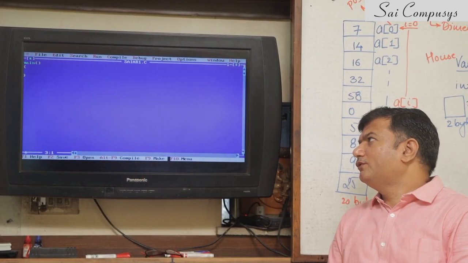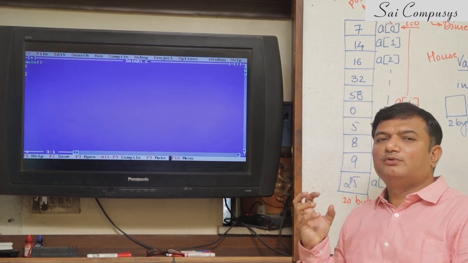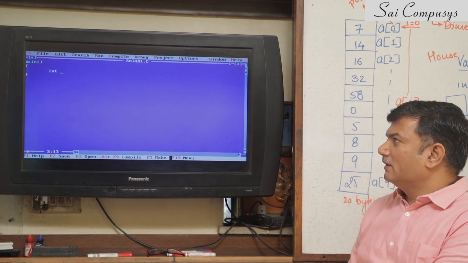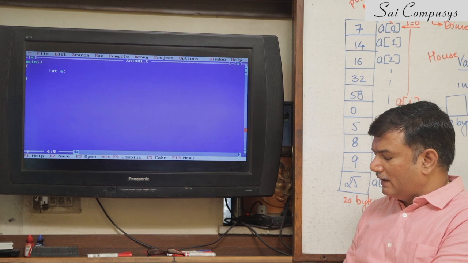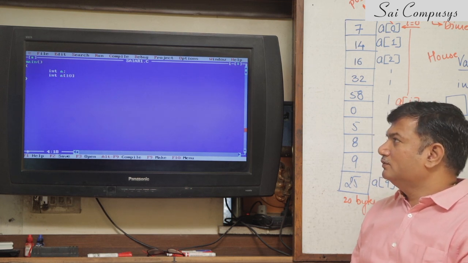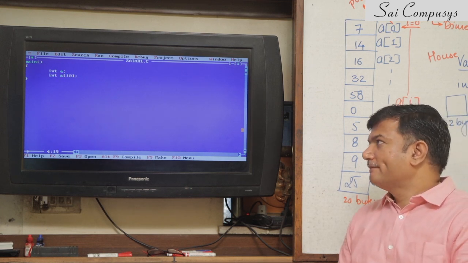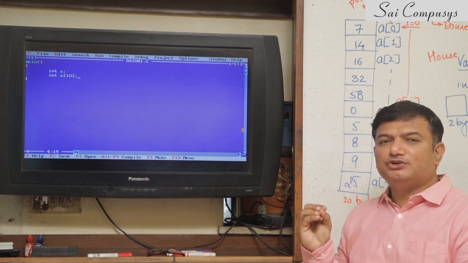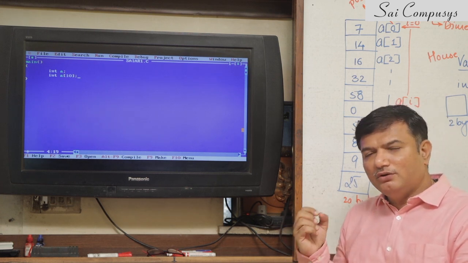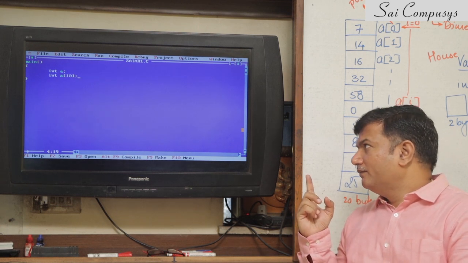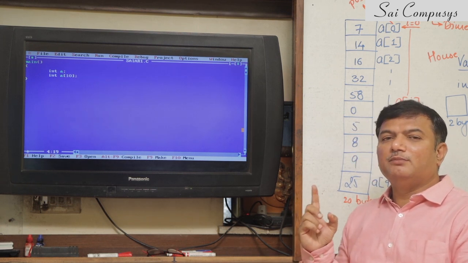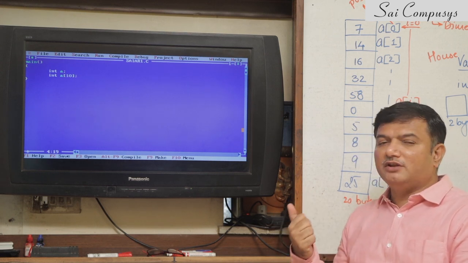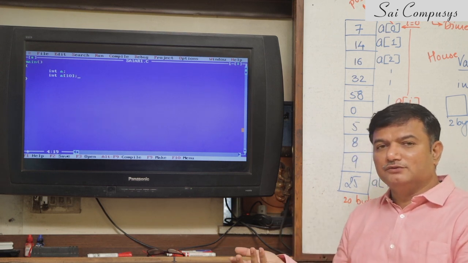So we'll start with a very basic program of arrays. See, I'll again say the same thing. This and this are almost identical. Both result in the creation of variables. The only difference is the first line creates a variable to hold only a single value. The second line creates a variable which can hold multiple values for you.